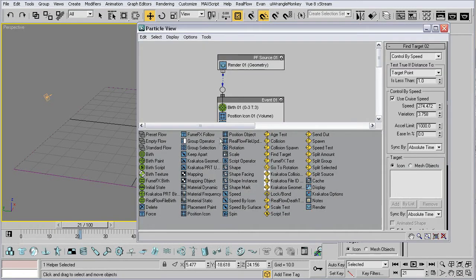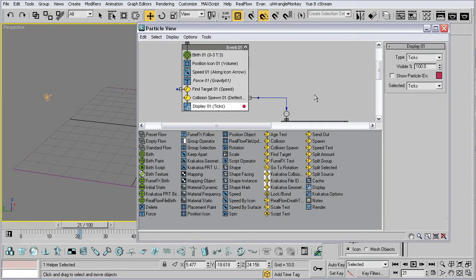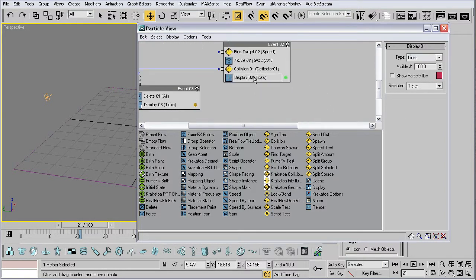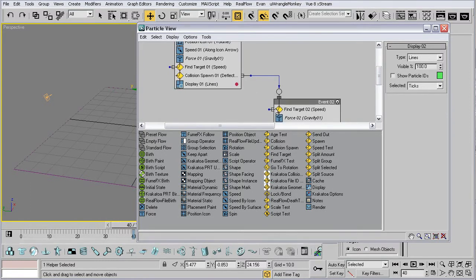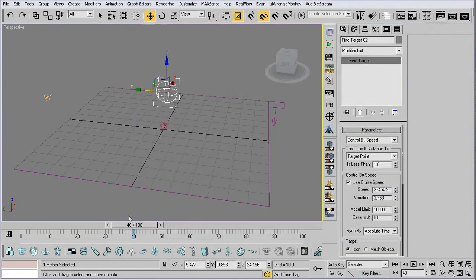Something that's kind of handy is to come into your display operators and choose lines for both, which gives you a better illustration as to the trajectory and the velocity of these particles. So I'm going to just move that straight above here. So you can see you can do all sorts of crazy stuff with something like this. And you can also just come in here and turn off that second find target, and you're just going to get the normal